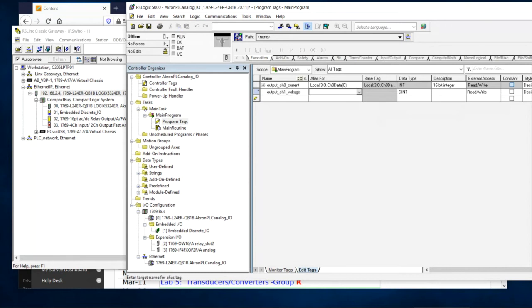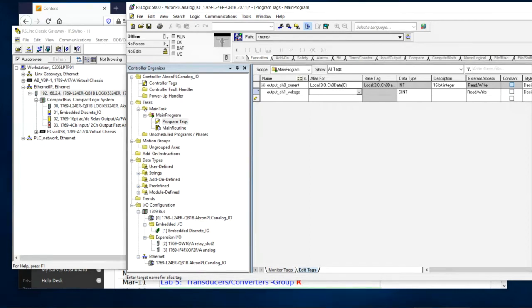Remember that when we talked about analog signals, you can have a current signal out, or you can have a voltage signal out. And so that's what this is. I'm labeling these here. Channel 0 is going to be a current out, so it'll be a 4 to 20 milliamp current. Channel 1 is a